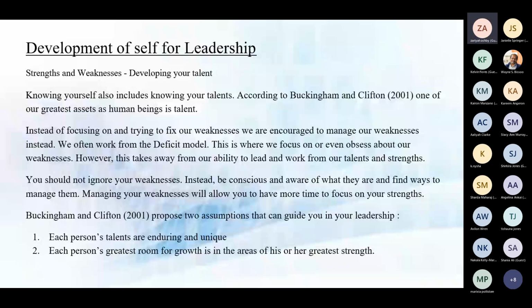Okay, so I'll move on now. Still on the topic of developing your talent. This philosophy of leading from talents and strengths is an outgrowth of a new emerging field called positive psychology. According to Peterson, positive psychology is a scientific approach to studying human thoughts, feelings, and behavior